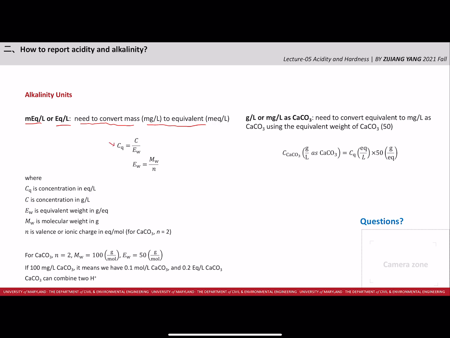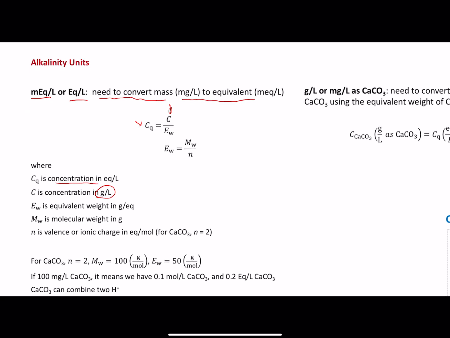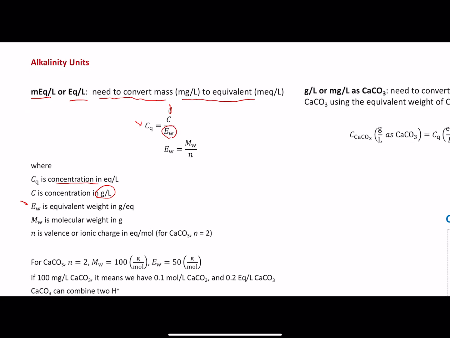So CQ refers to the concentration in equivalent per liter, and it equals the concentration of the chemical divided by the equivalent weight. In this equation, the concentration is expressed in gram per liter instead of mole per liter. And the EW here refers to the equivalent weight in gram per equivalent. EW can be calculated by this equation. M here refers to the molecular weight in gram, and